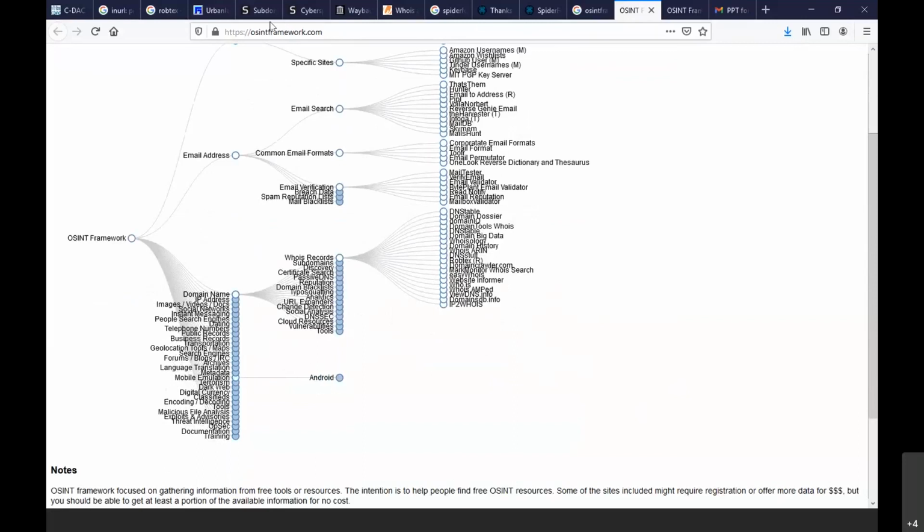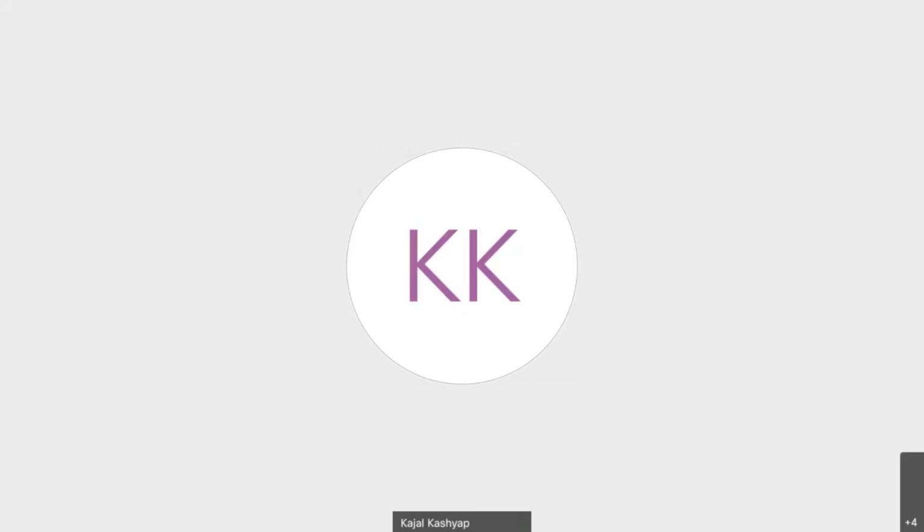So this is one thing which I'm ending here, because on OSINTframework.com, I advise everyone to go through it and try to identify what OSINT tools are available for different types of information gathering.